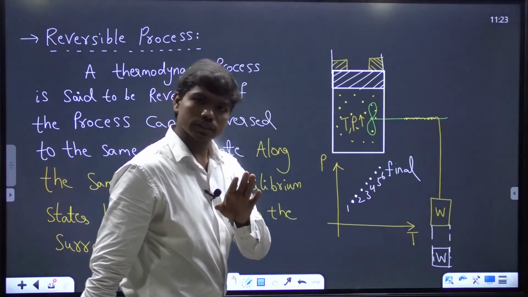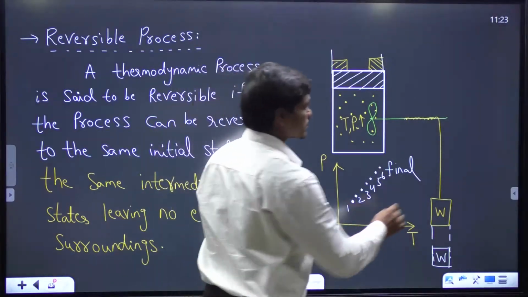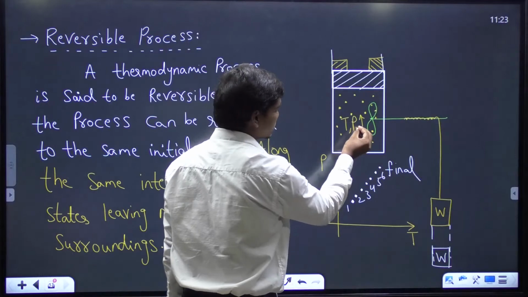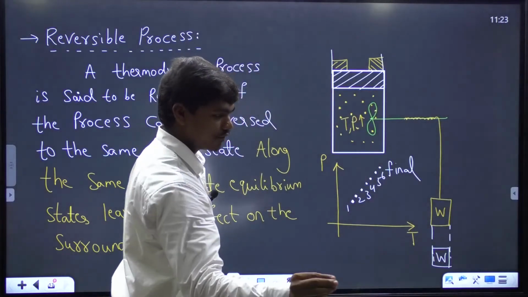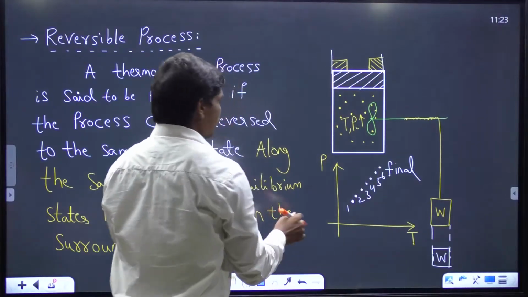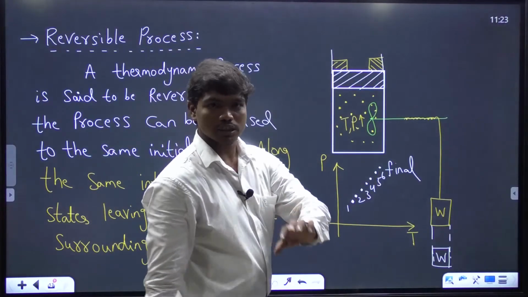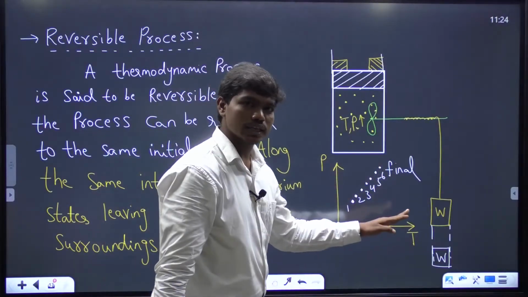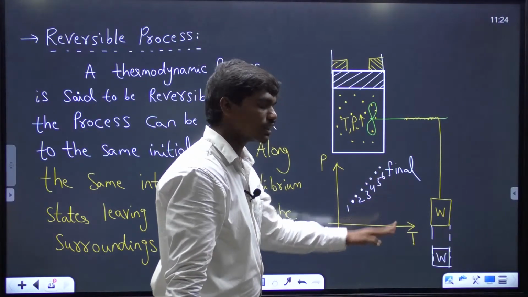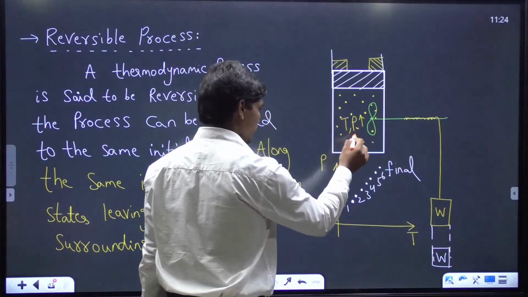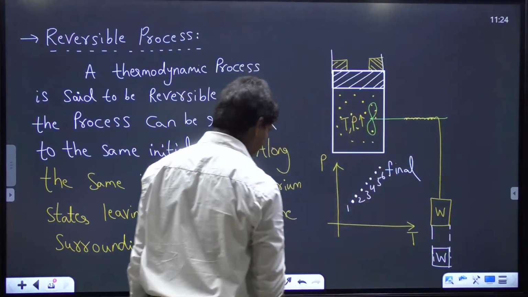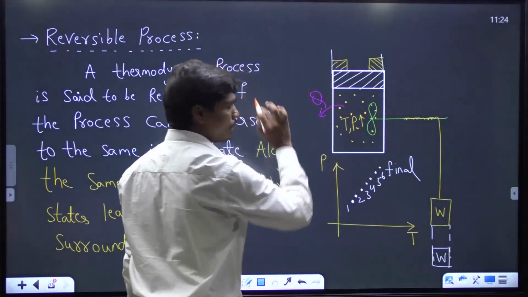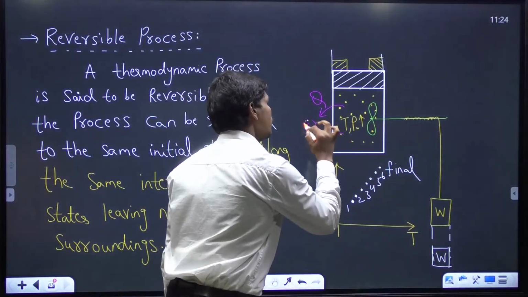Correct? Now this process is quasi-static, definitely, because let us suppose we are reducing the weight so slowly so that this paddle wheel gets rotated very slowly, and definitely this temperature and pressure increases. So now see here what happens. One of you is asking me, if a process is quasi-static, can it be reversible? No, actually. If you say this process is quasi-static, now definitely this temperature and pressure, which is because of this heat getting generated here, now if you transfer that heat Q back to the atmosphere again, look,